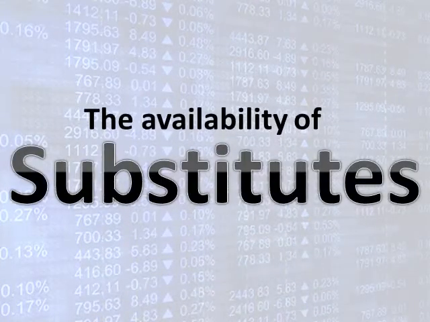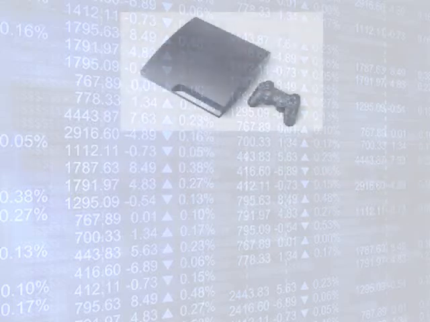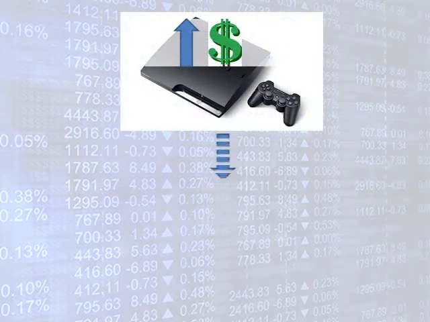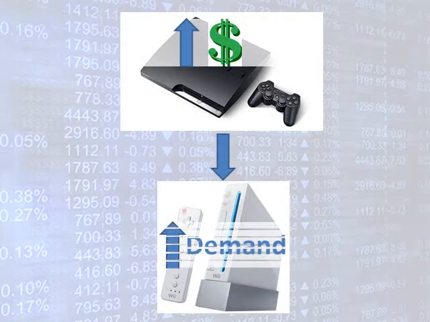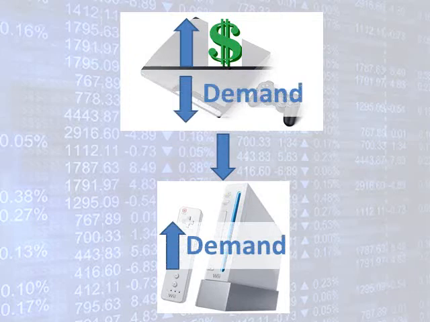Another factor that affects the PED is the availability of substitutes. So, how do substitutes affect PED? For example, when there is an increase in the price of product A, consumers would be more inclined to look for other products with the same functions as product A for substitution, causing demand for product A to decrease and an increase in demand for substitutes. Hence, with more substitutes available, consumers will be able to swap from product A to other cheaper alternatives instead.